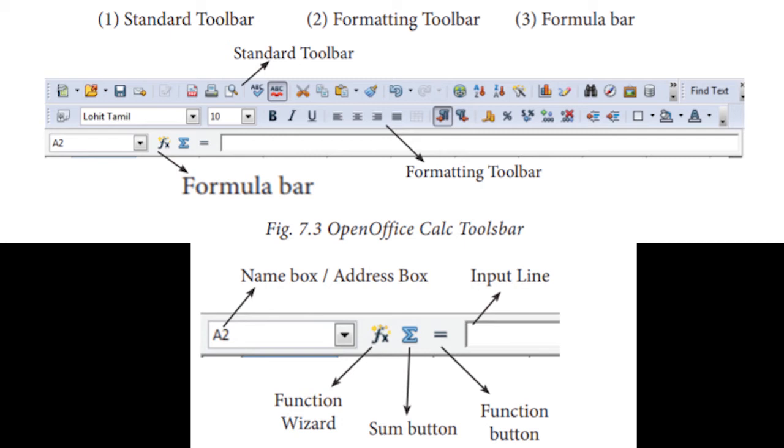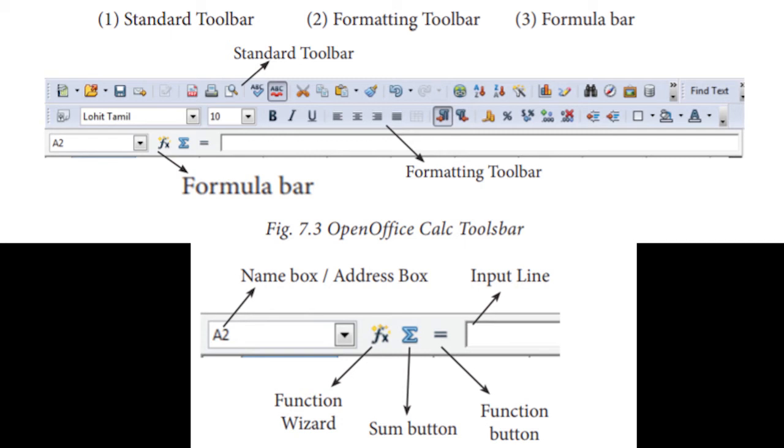Standard toolbar means it will contain some frequently used menus in that, like new, open, save, send, print preview, cut, copy, paste, sorting, insert, like this. Whatever you are using frequently will be present in this standard toolbar. Formatting toolbar means frequently used text and cell formatting commands will be there in this formatting toolbar, like changing the font style, font size, color, alignments, cell formatting, these and all.